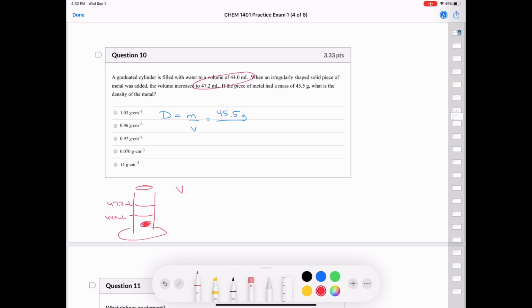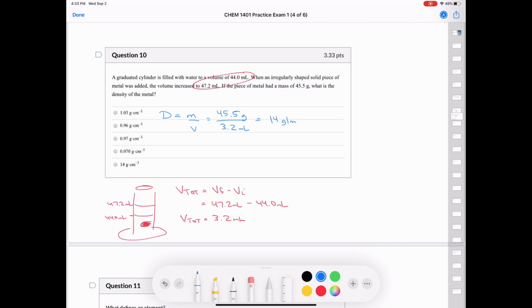And so the total volume is going to be equal to the final volume minus the initial volume. We have 47.2 milliliters, subtract 44.0 milliliters, and so our total volume is equal to 3.2 milliliters, 2 sig figs, sorry. When we put that in our denominator, 3.2 milliliters, we end up with an answer of 14